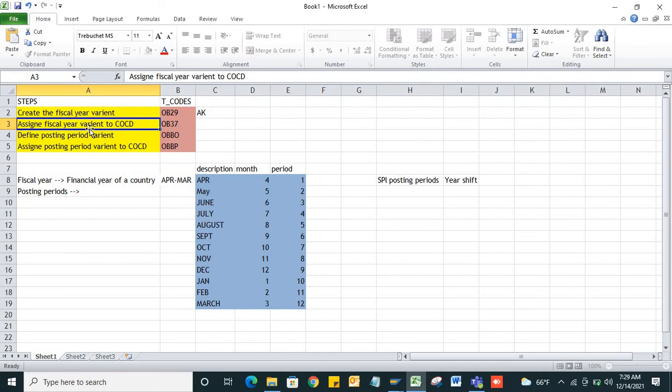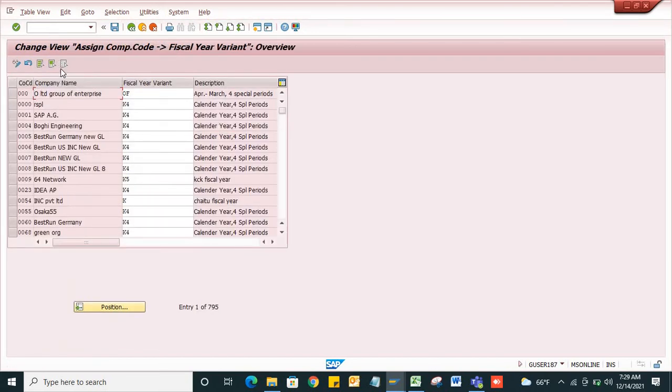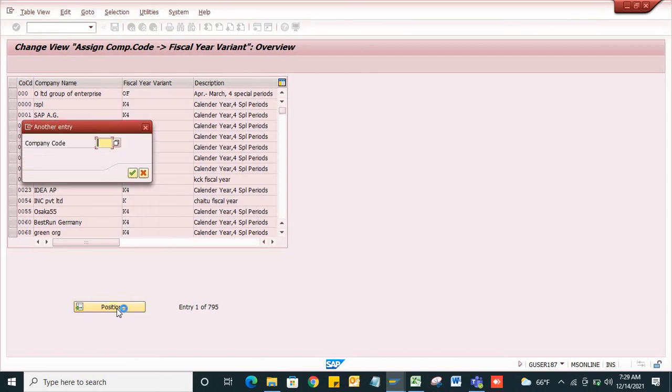Now we are going to assign that fiscal year variant to the company code, that is in the transaction code /n OB37. Okay, now what is our company code? You go to the position and locate your company code, ASL.